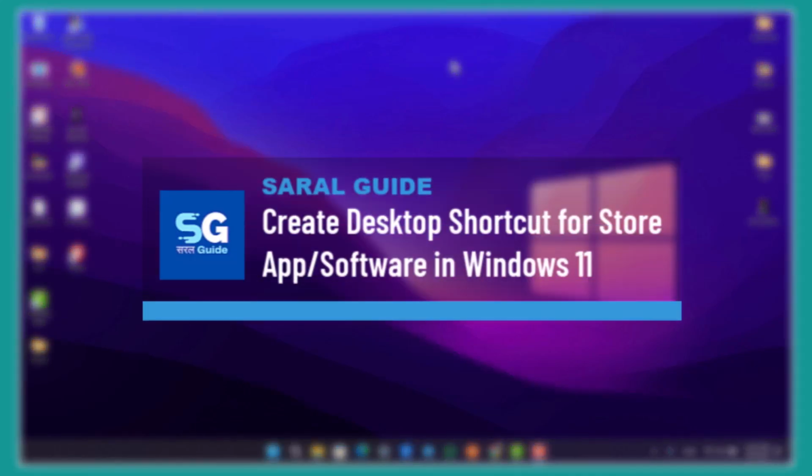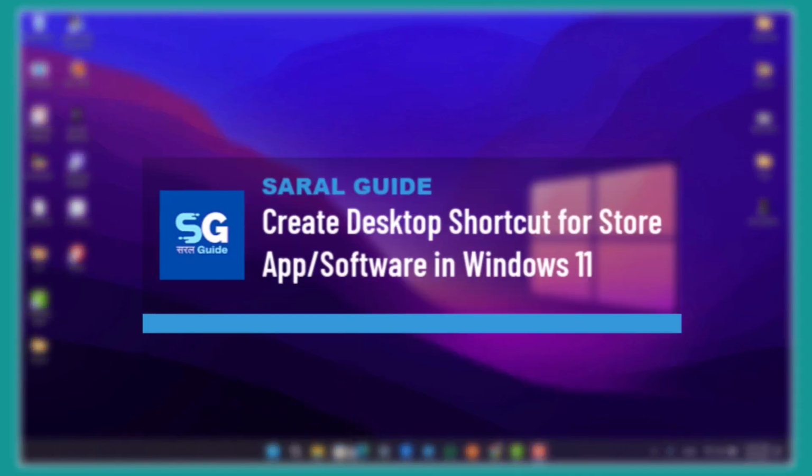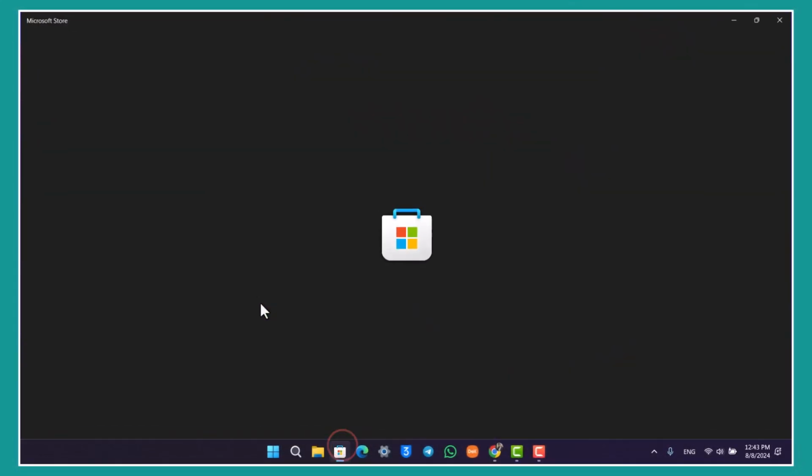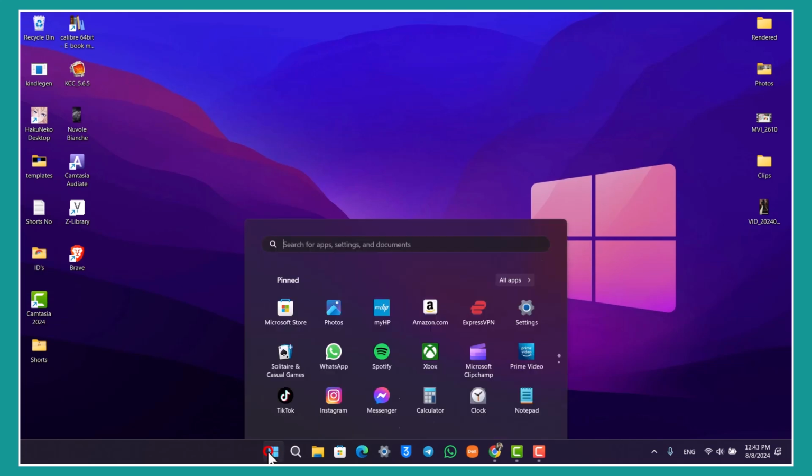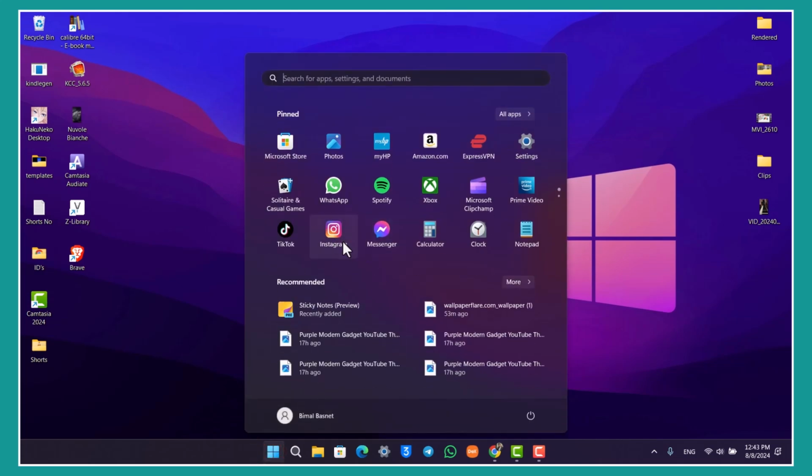Create desktop shortcut for store app or software in Windows 11. So if you downloaded a certain software from your Microsoft Store using your default store and you want to create a shortcut on the desktop, so normally here you can see this Instagram app that I downloaded from Microsoft Store,